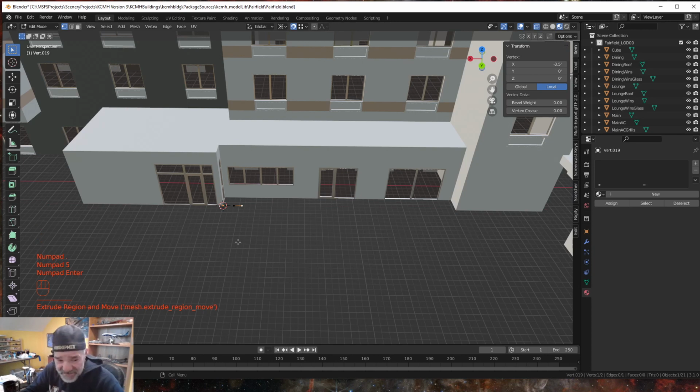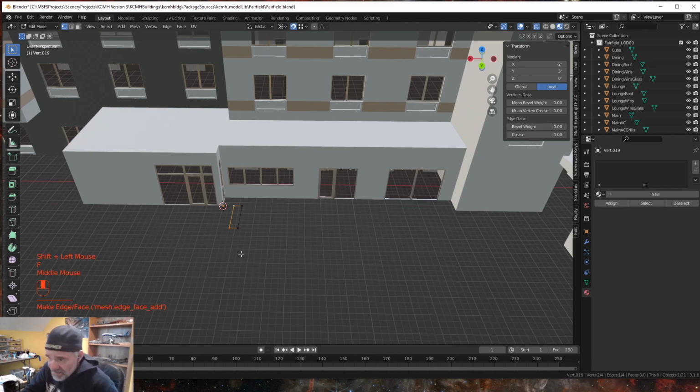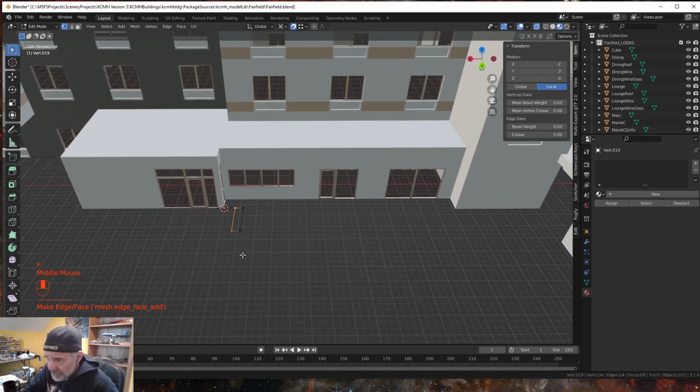Now it's 6 feet long, so we're going to extrude in the Y 6 feet. Then we're going to extrude X 1.5 back to there, and then we'll select these last two vertices and hit F and combine those. Okay. Now let's